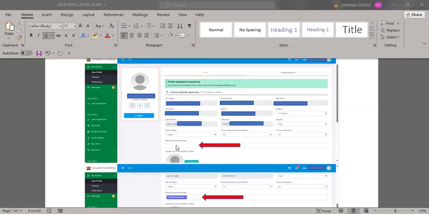Education levels admitted to. Because what you're applying for is called a professional studies loan when you're supposed to do CPA. Those who are doing ATD, you'll be applying for what we call diploma. Those who are taking CAMS will be applying for what we call